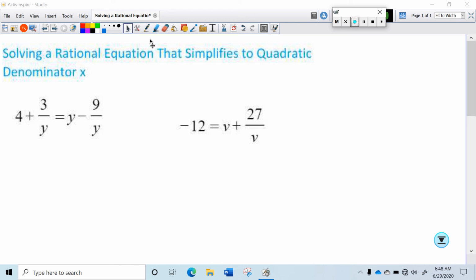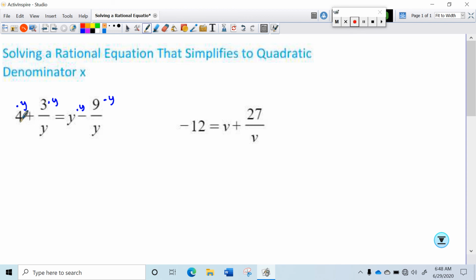Going to solve these because there are multiple terms, because there are more than two terms. If there are only two terms in the equation, I'm going to cross multiply. But there are more than two terms here, so I'm going to take the denominator, y, and I'm going to put that with each term like this,